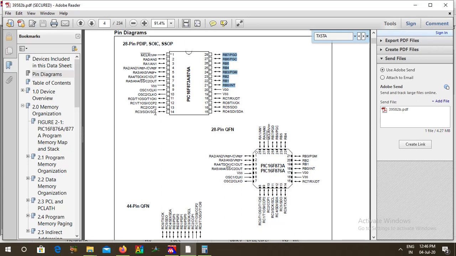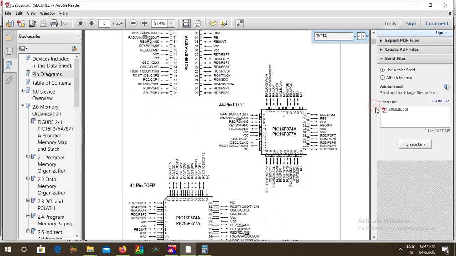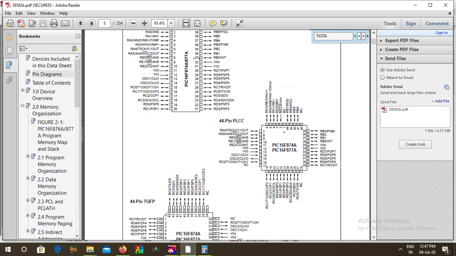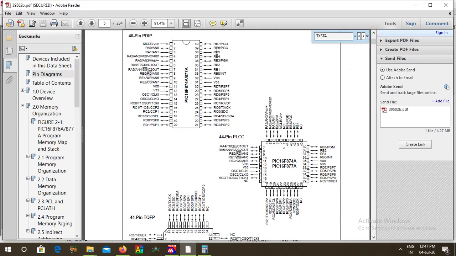We have port B, D, so all these things are related with the analog to digital one. Port E is also made as output in this place.